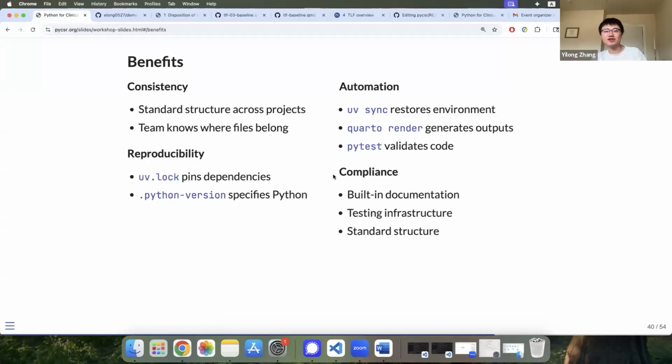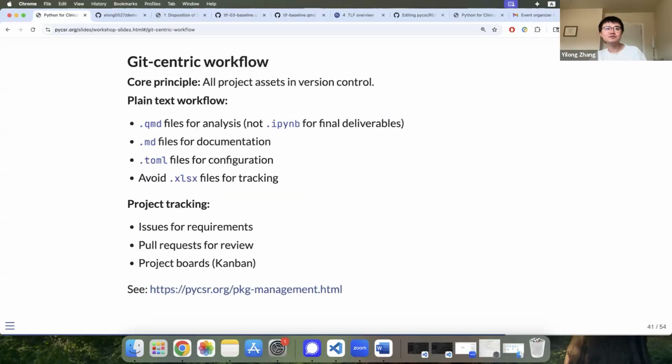And also last but not least, the compliance. That's always important for clinical trial development, right? To make sure things are standardized within the org, even beyond the org, makes things much simpler. And I think that's a beauty also of the open source project. Let's start with this as an example and see what we can learn from different organizations who are interested in using Python for end-to-end clinical development.